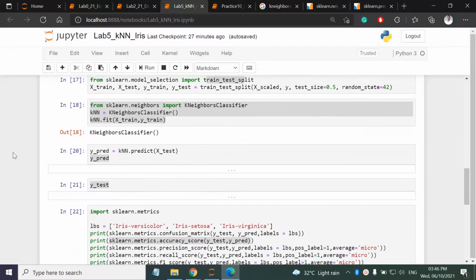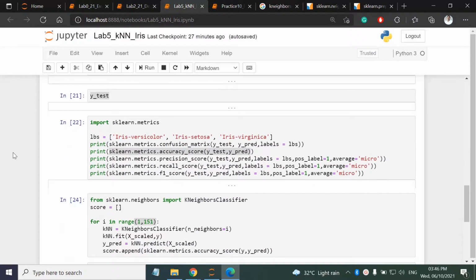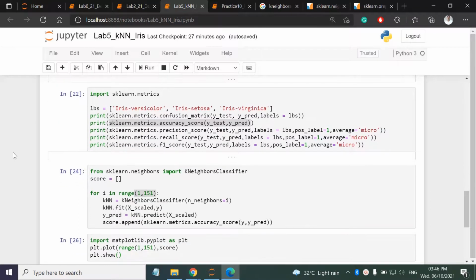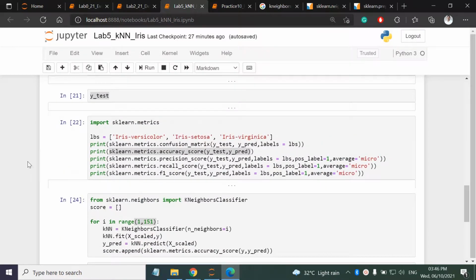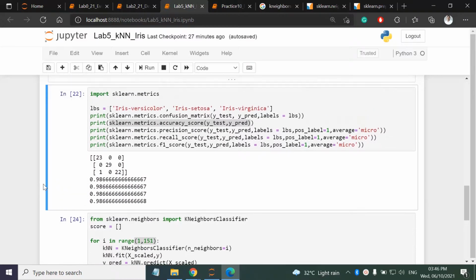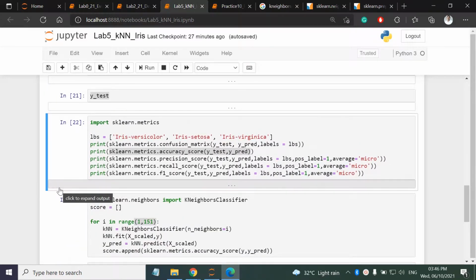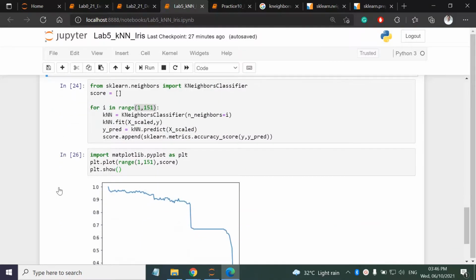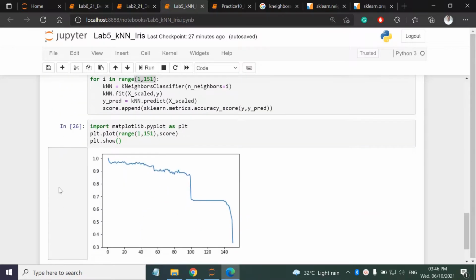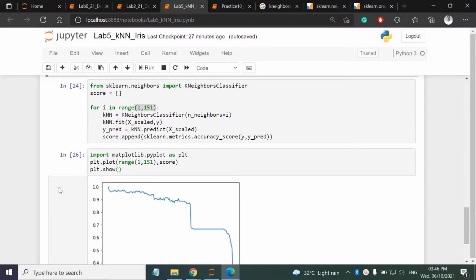Next is the plotting. And the final, the plotting part. I can add the plot elements, graph elements like x-axis, y-axis, and the graph title.